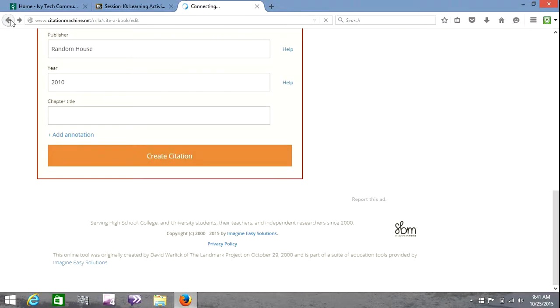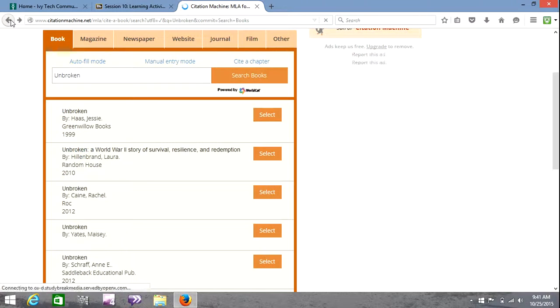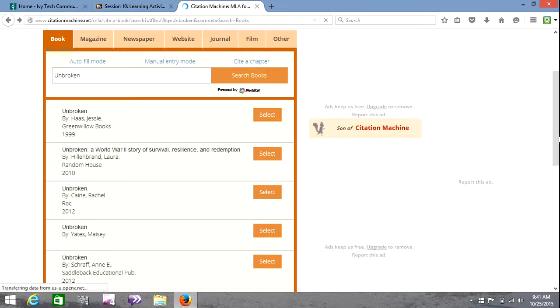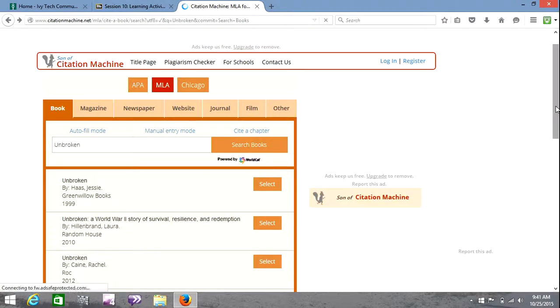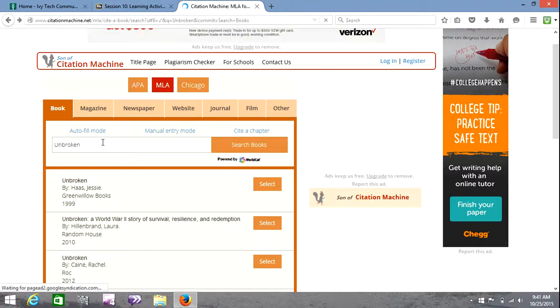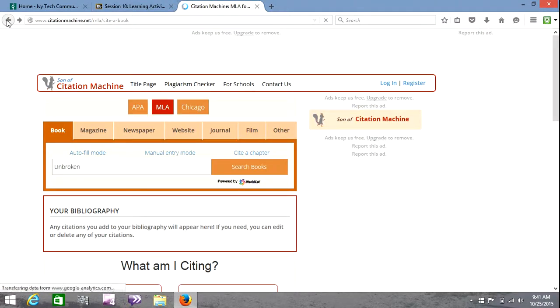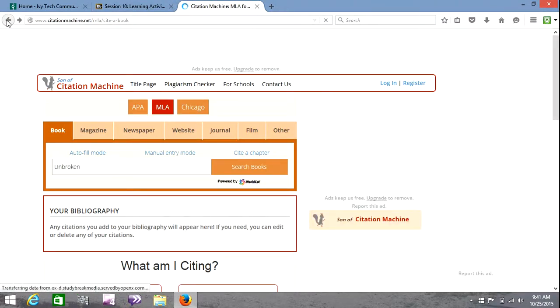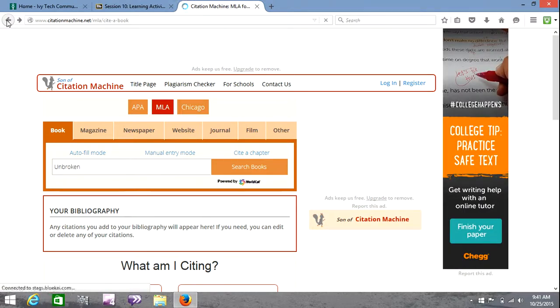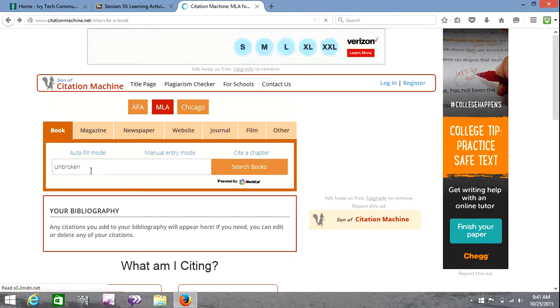So let's try this again, and this time we'll use the manual method. And this could be for a book that isn't automatically listed, or for an obscure source, or it's for a magazine or a newspaper where news sources come out all the time and it may not be listed here. So rather than fill in this field,